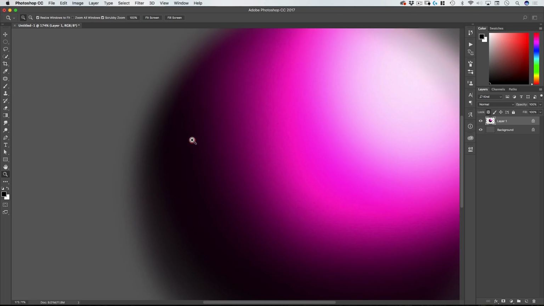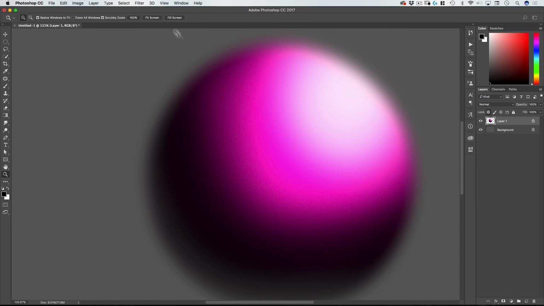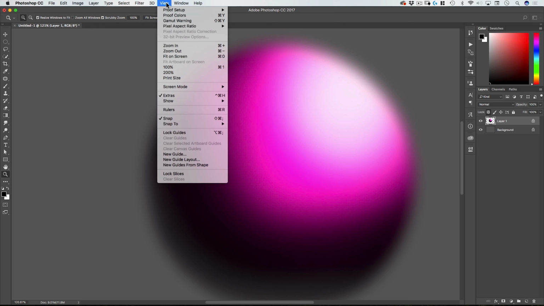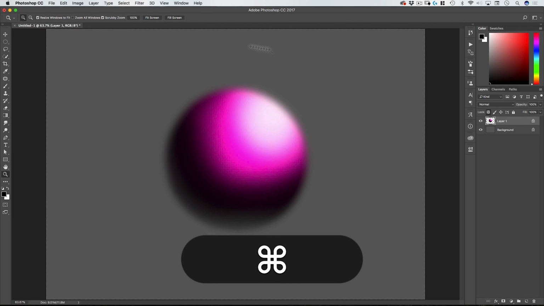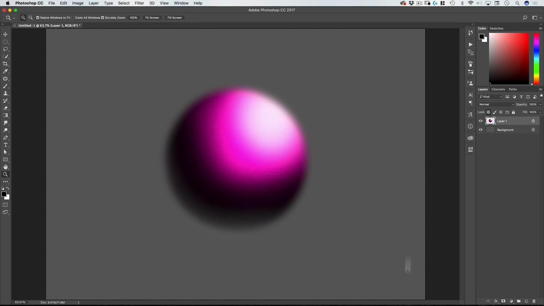Okay, when you're zoomed in, if you want to zoom and see the whole image, so basically you want to fit on screen, the shortcut for that is Command 0. Okay, so Command 0, it's now going to fit your image in your screen.